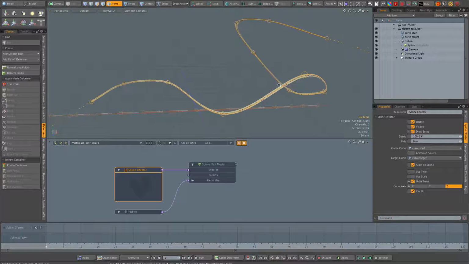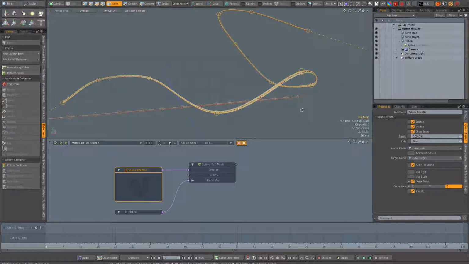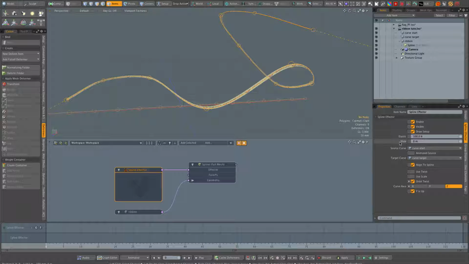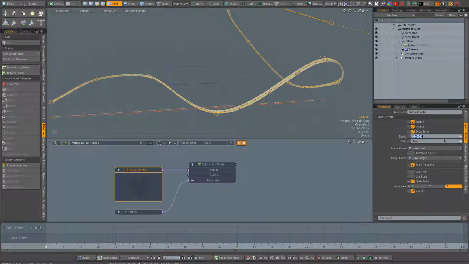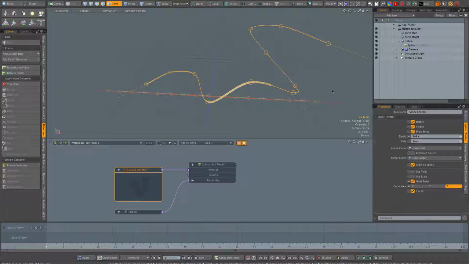So to move the mesh along the spline, all you have to do is animate this slide option. Elastic means that the mesh is going to adapt to the length of the spline, so it's going to stretch. If you want to keep the exact length of your original mesh, just press 0%, and it's just going to follow the spline along. So slide is how you control where your mesh is positioned on the spline and how you animate it, which is what we're going to do.